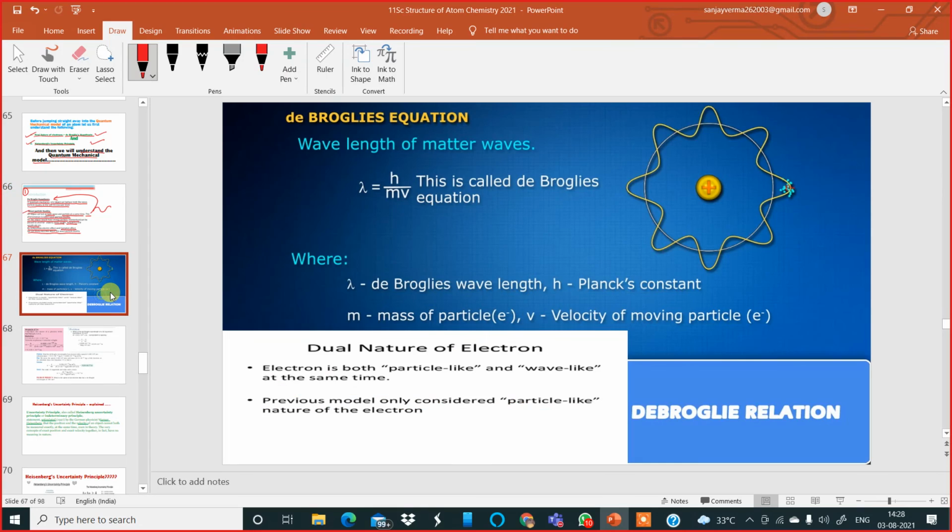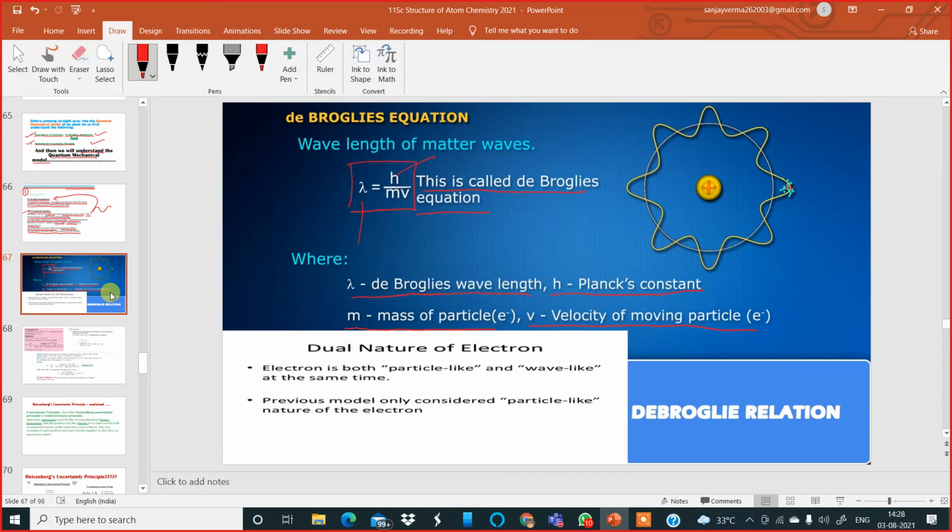Okay. Now, looking at de Broglie's equation, the wavelength of matter waves, lambda is equal to h by mv. This equation is called de Broglie's equation, where lambda is called the de Broglie wavelength. h is a constant called Planck's constant, 6.626 × 10^-34 joule second. m, small m, is the mass of the particle, and v, small v, is the velocity of the moving particle. So this was the equation given by de Broglie